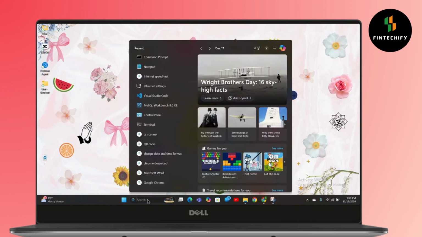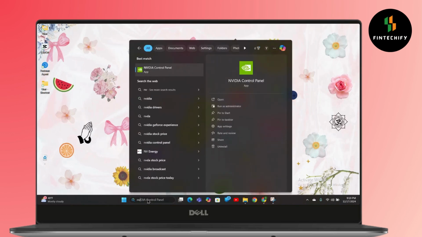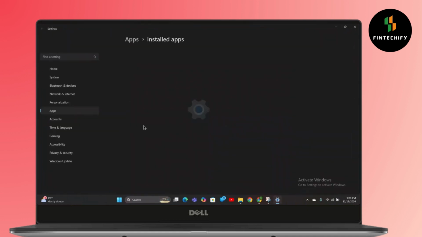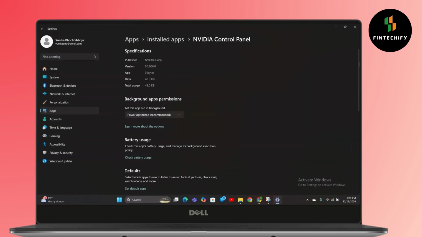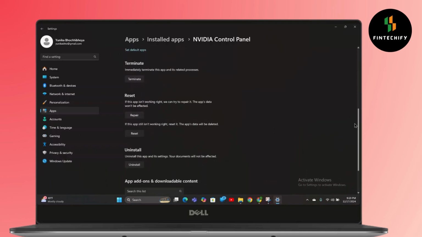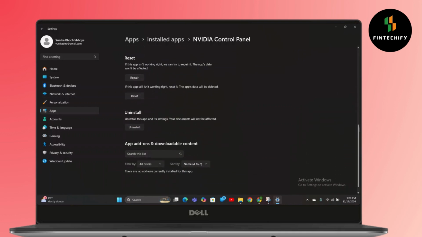So first, open your search bar and then search for Nvidia Control Panel. Now go to App Settings. After that, here you will see this option of Reset. Now all you have to do is reset this, and as you can see, the